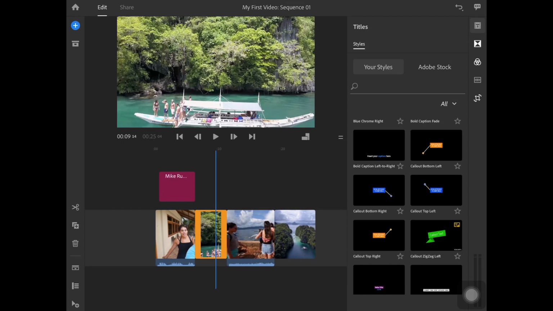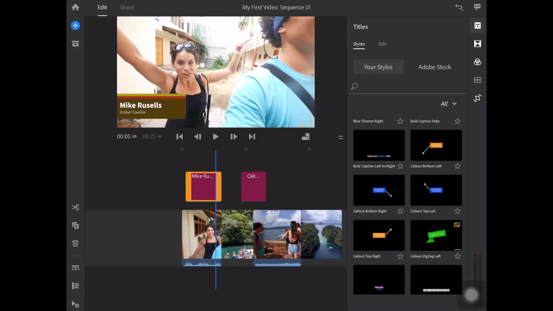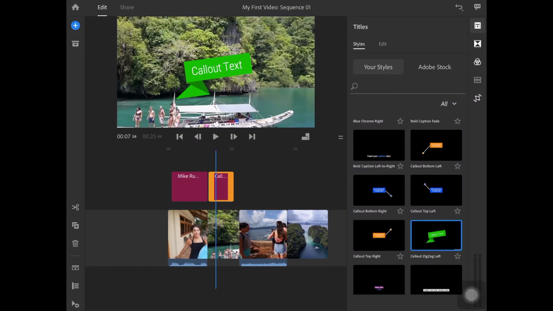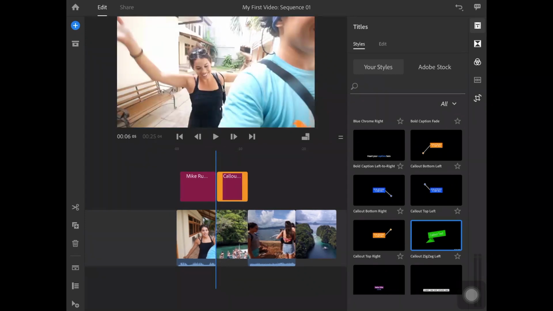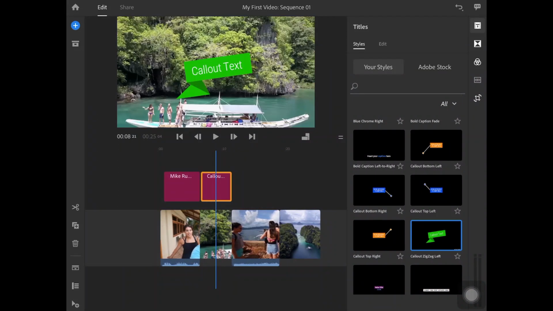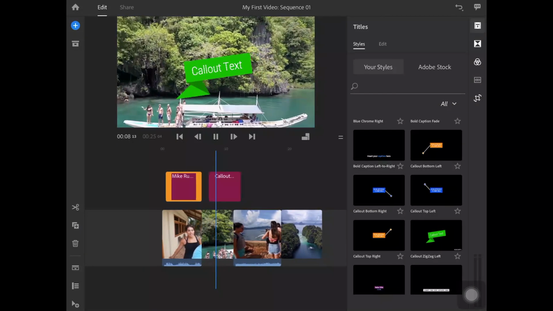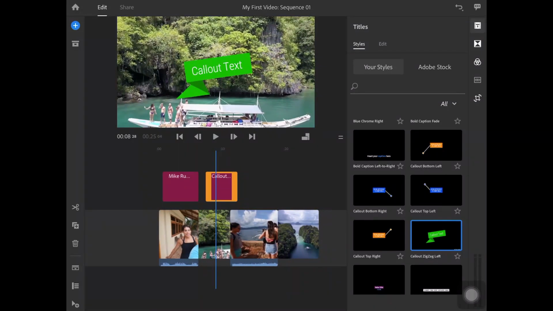So I'm going to use call out zigzag left, click and drag here, and I want this to begin when my 2nd clip starts. So I'm going to drag it here, and I want this to end when my 2nd clip ends. And maybe I don't want it to come out the moment my video clip starts. I just want my 2nd video clip to be introduced, and then it begins after a while. Like, see, this is how it would look. So there's video and then the text comes. Okay, I want it to be something like that.